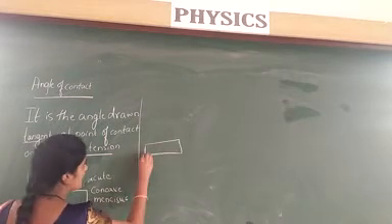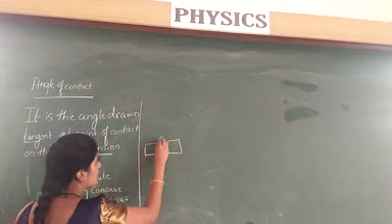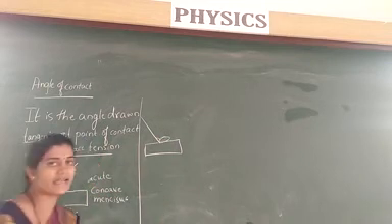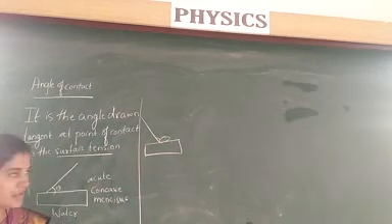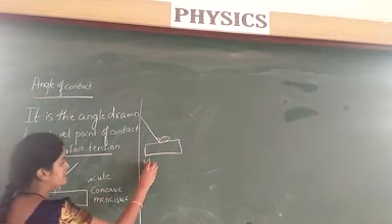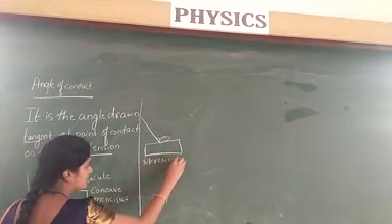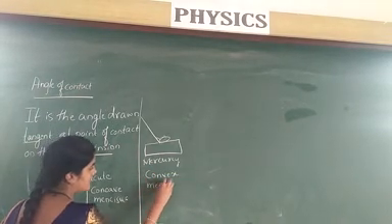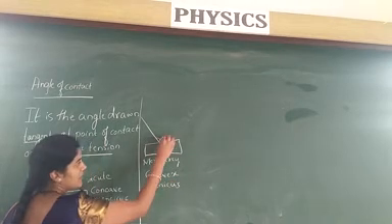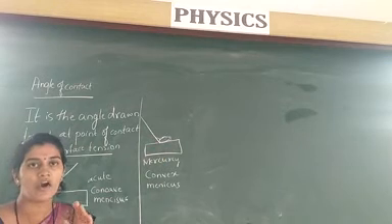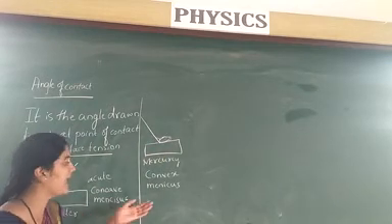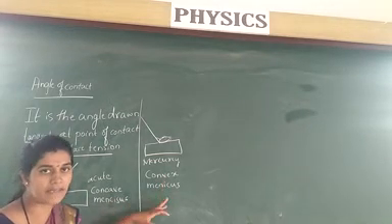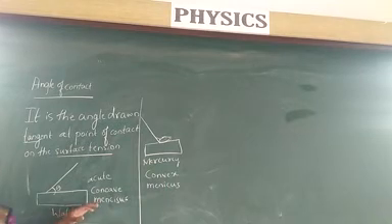Now let us consider a mercury drop. When we are considering the mercury drop, the angle should be greater than 90 degrees, or we can say it should be obtuse. When it is obtuse, we get a convex meniscus. In the mercury drop, we get the obtuse angle, which is more than 90 degrees, and here we get the convex meniscus. If it is more than 90 degrees, we call it a convex meniscus. If it is less than 90 degrees, we call it a concave meniscus.